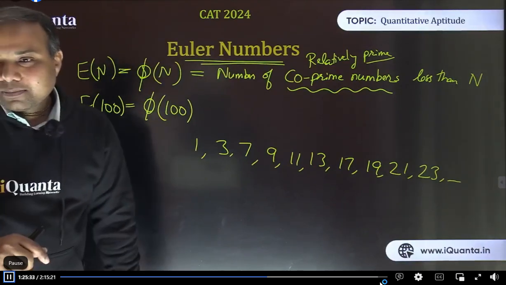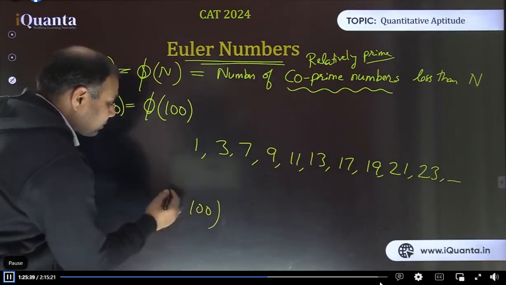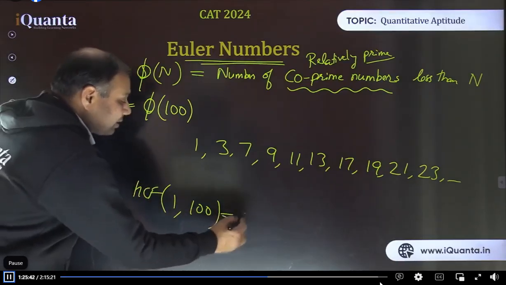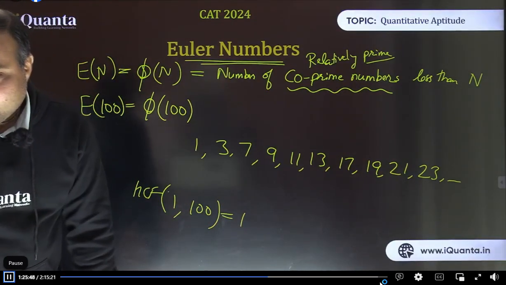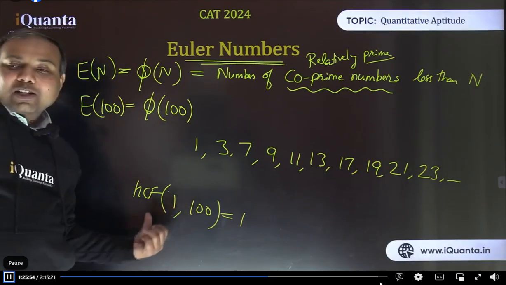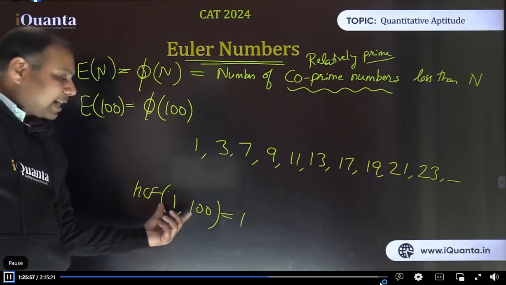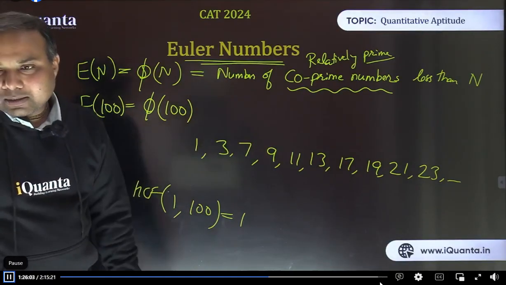Can you observe one thing? Deepak is asking why 1? What is the highest common factor of 1 and 100? It's 1 only, isn't it? So 1 is co-prime to everyone, so 1 will always be considered. ठीक है? Ishika is also asking that. So 1 is co-prime to everyone because 1 and 100 have a highest common factor 1. With any natural number, highest common factor of 1 is going to be 1 only. So 1 will always be included in all the lists of co-prime numbers.